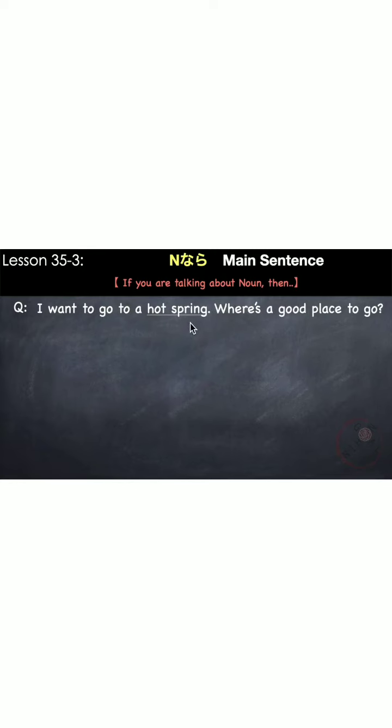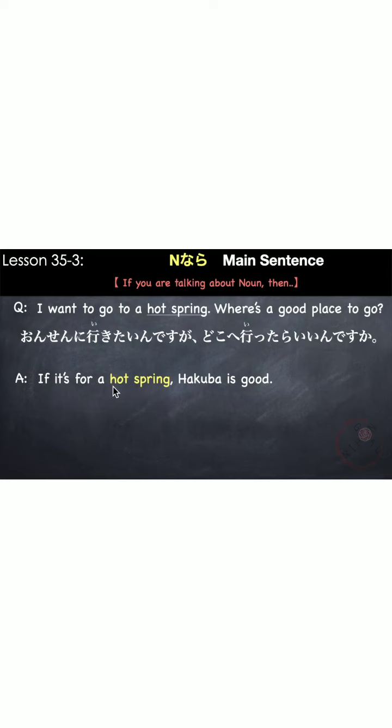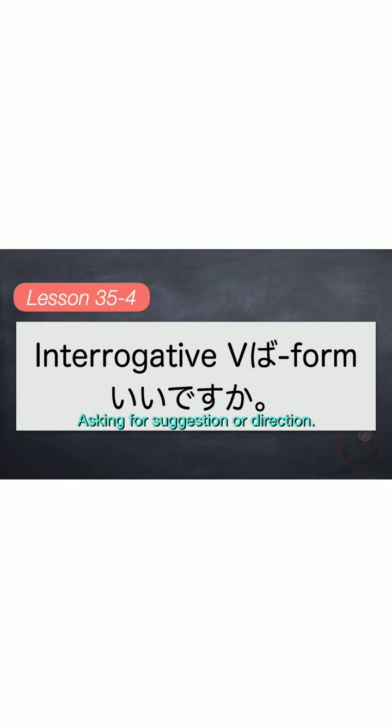Another example. I want to go to a hot spring. Where is a good place to go? 温泉に行きたいんですが、どこへ行ったらいいんですか? If it's for a hot spring, Hakuba is good. So the listener emphasizes if you're talking about onsen, then 温泉なら白馬がいいですよ。